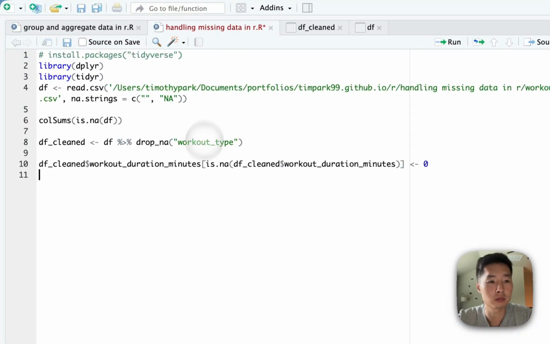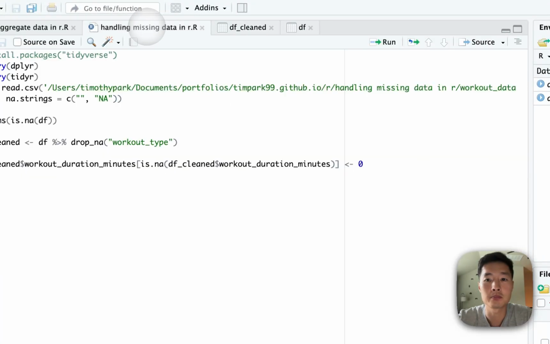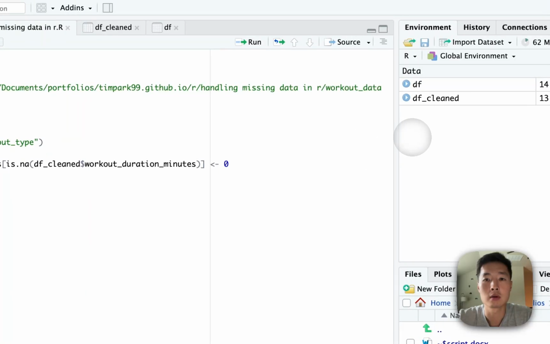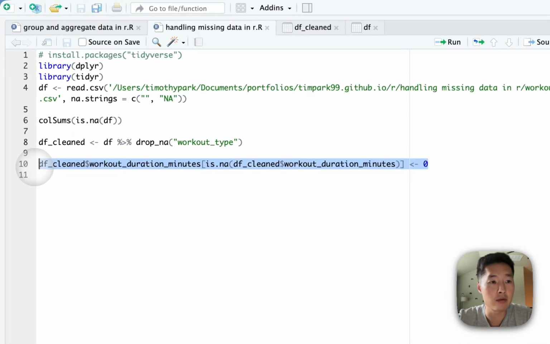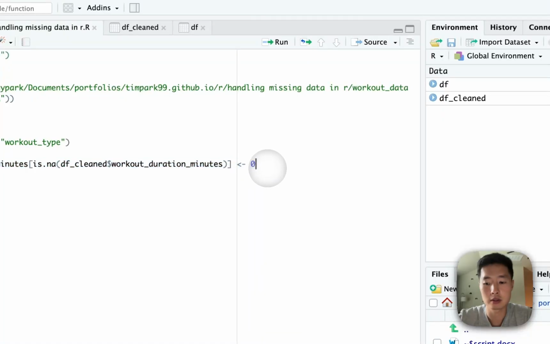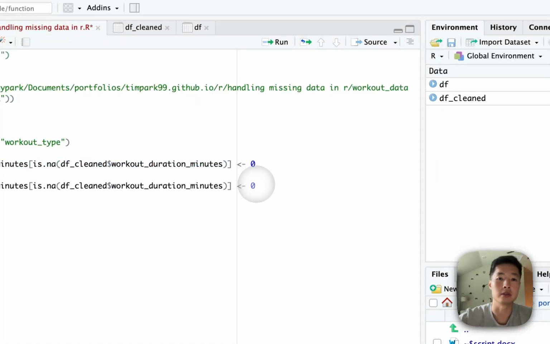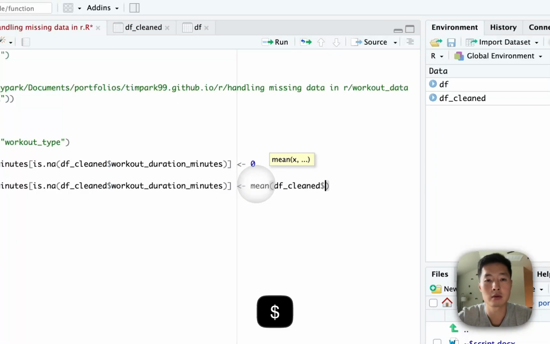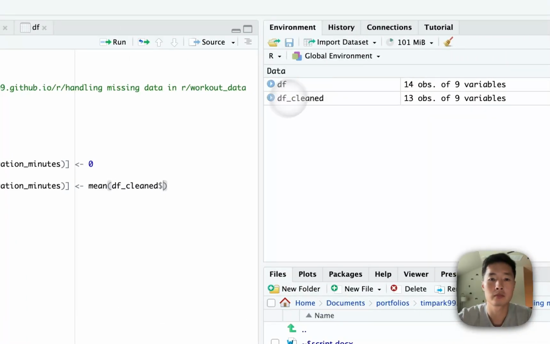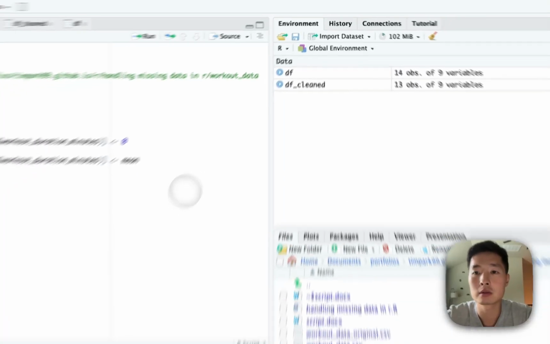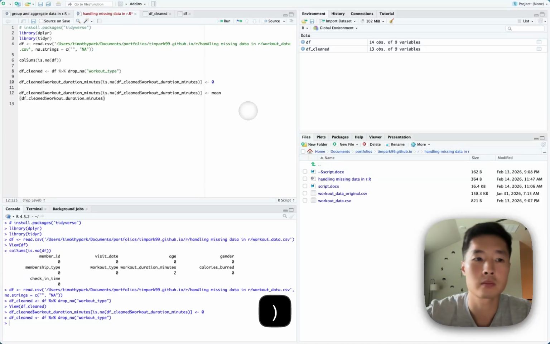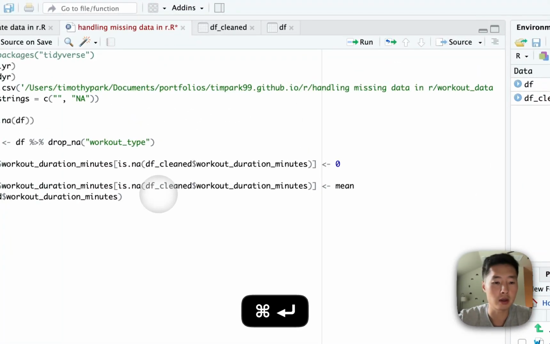So I'm just going to run this again to reset it. So we run that and we're back to NAs. And I want to take the average. So I'm just going to copy and paste this and change this 0 to mean df cleaned workout duration minutes. And if I run that,